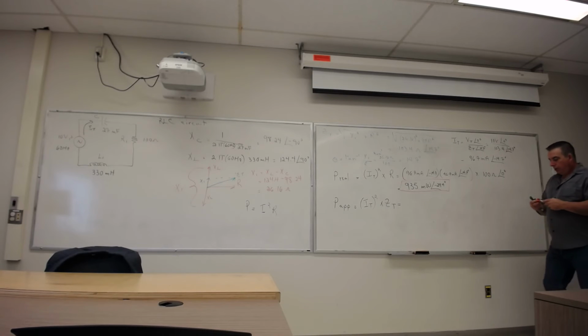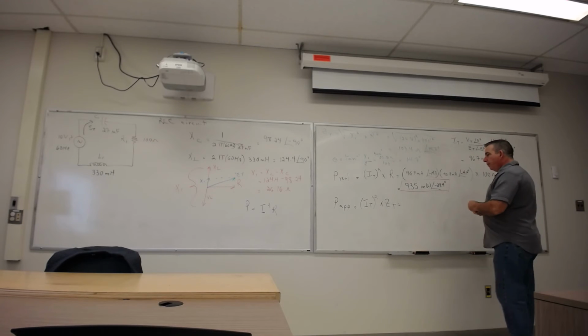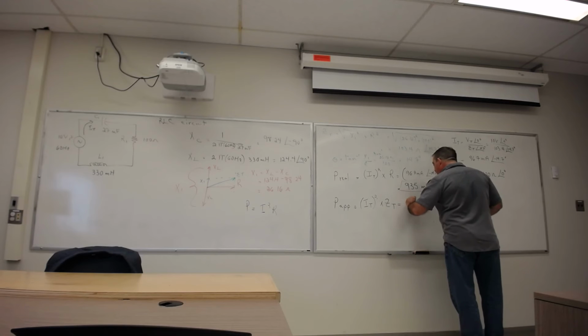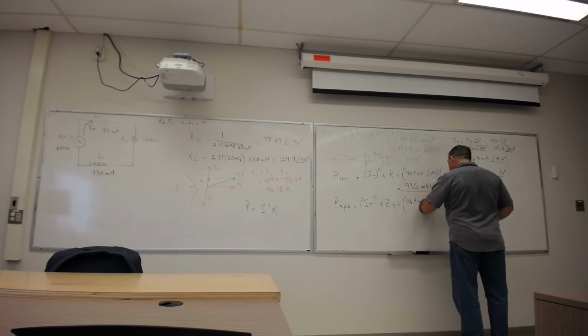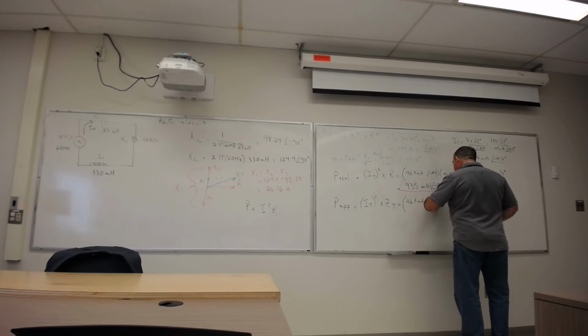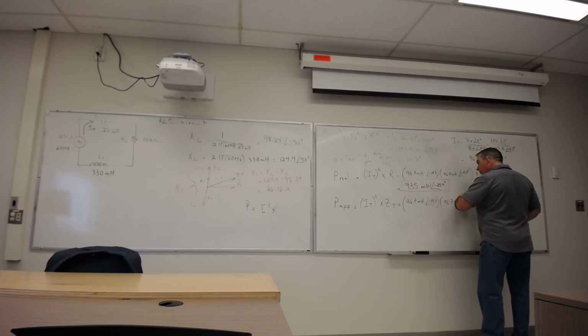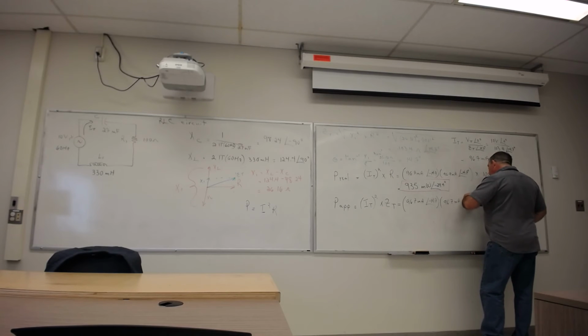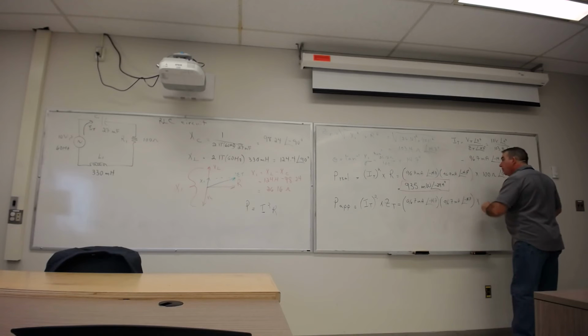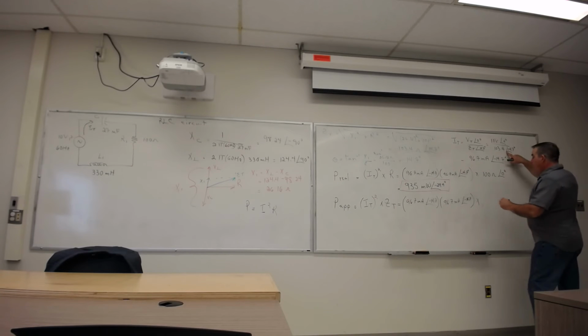Okay, so over here, I'm going to do the same business: 96.7 milliamps at negative 14.7 degrees times Z total, which is